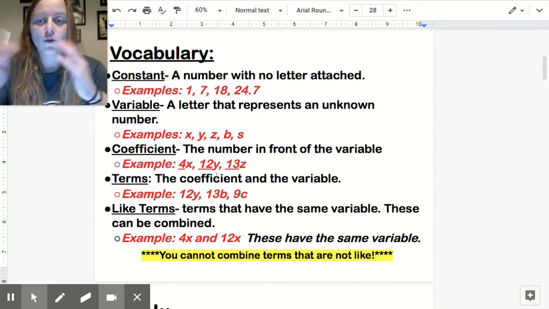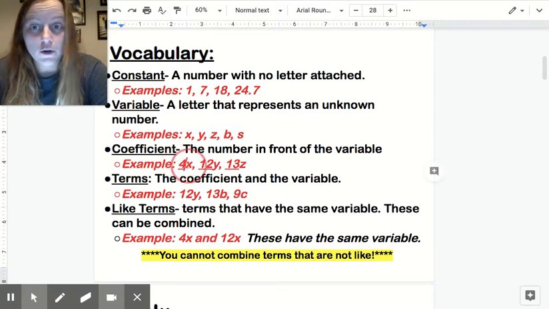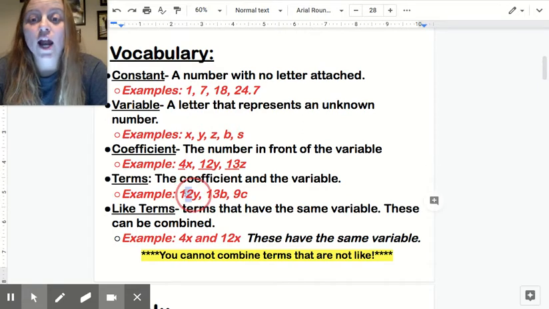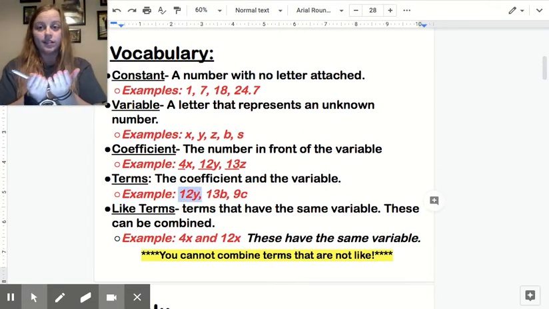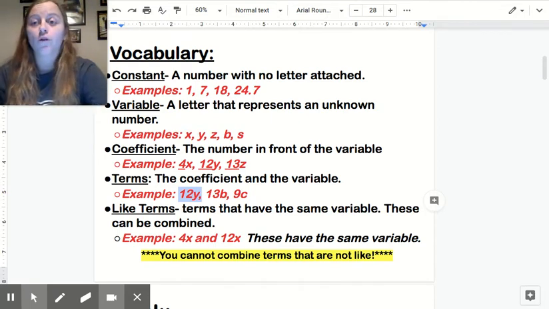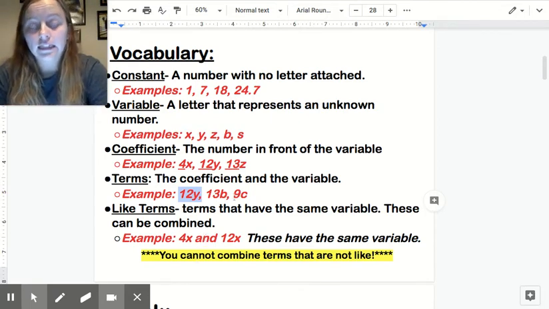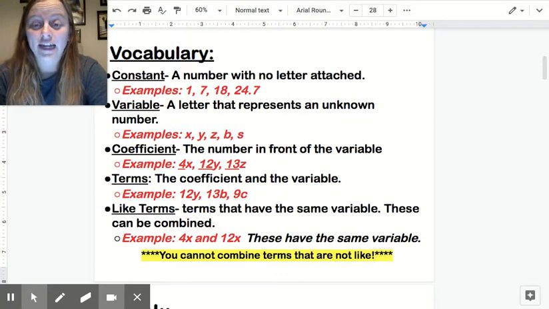Terms now is the whole thing. So coefficient was just the number in front. Variable was just the letter. A term is the number and the letter put together. So the whole thing is a term. 12y, that's a term. 13b, term. 9c is a term. Now, like terms are pretty much the same thing as terms, but they have the same